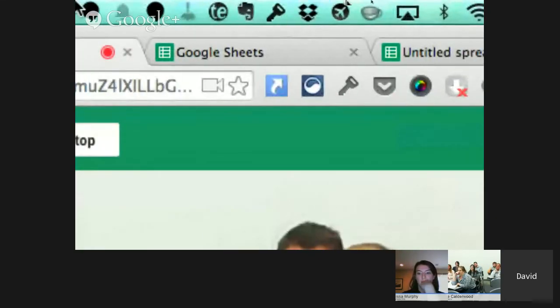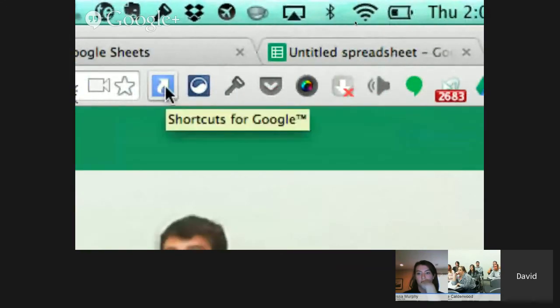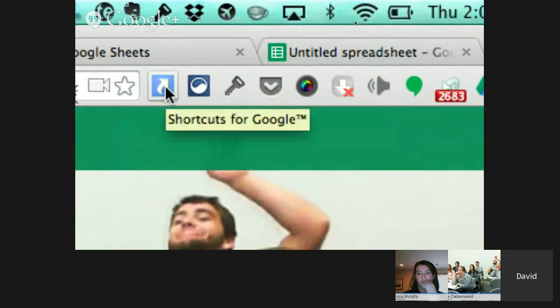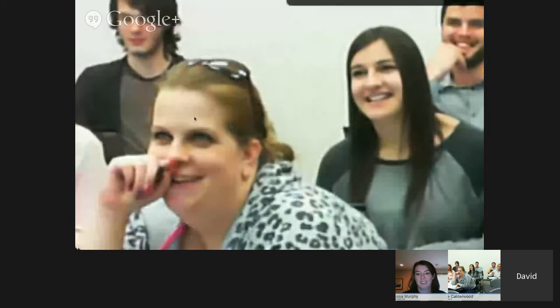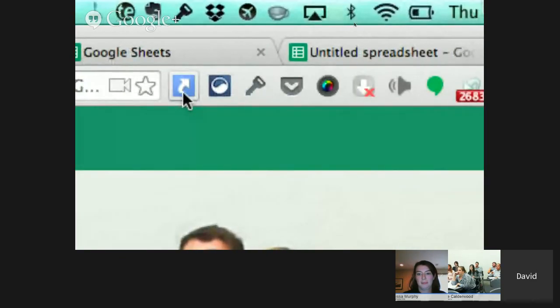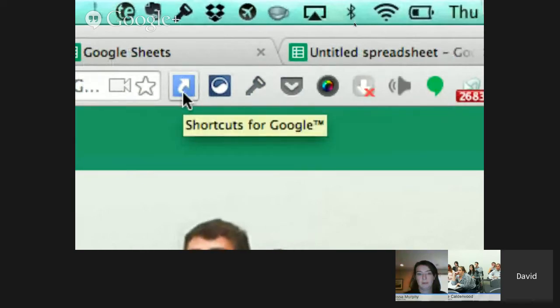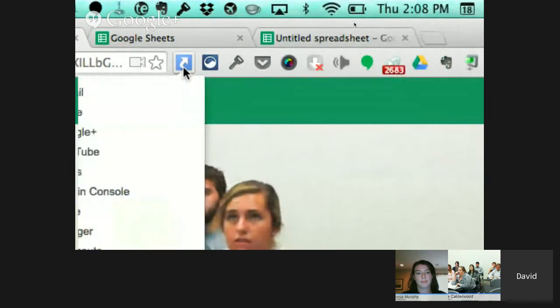Okay. This is probably my most used extension. It's called Shortcuts for Google. This one's really nice because when you find yourself doing everything in a browser, you kind of find yourself going to the same place more than once, and you're doing multiple clicks. Like instead of clicking back, going back to Drive to try and find things, Shortcuts for Google essentially allows you to,